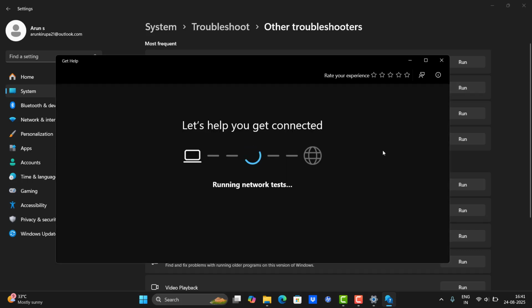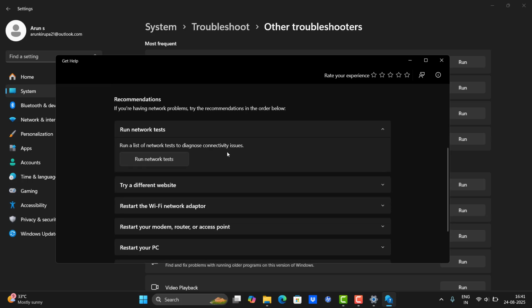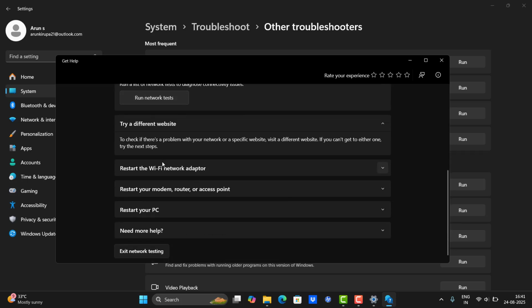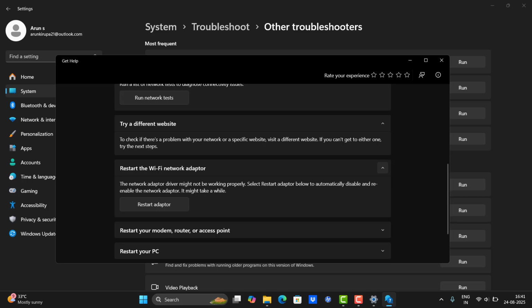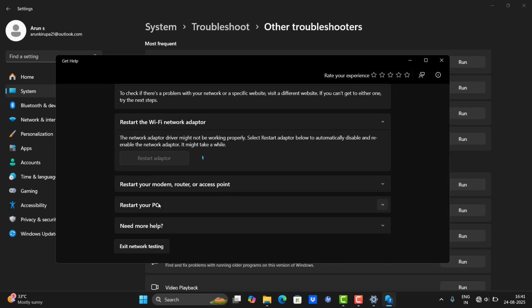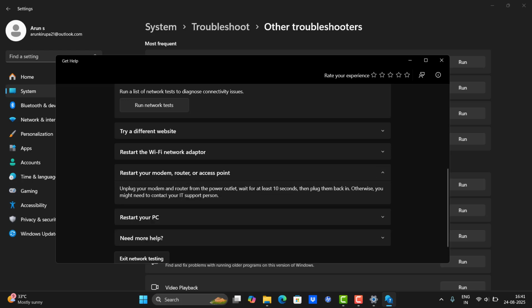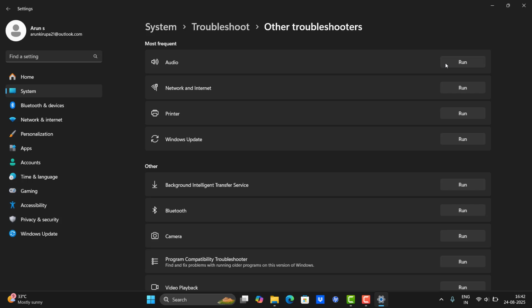and sometimes if you have any issues, you may see another pop-up like it is detecting. So in that way you can troubleshoot it. If you do not have any issue, sometimes this tab may be displayed on your system, just reset and restart the adapter. After that, you need to restart your modem, router and access point. It shows unplug your modem or router. You need to unplug and plug in your router. Once this is done,